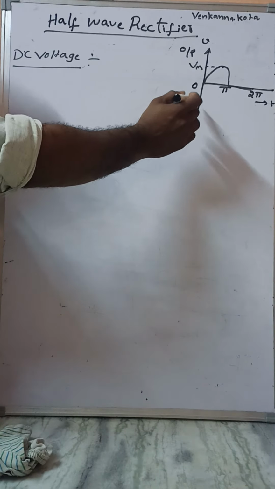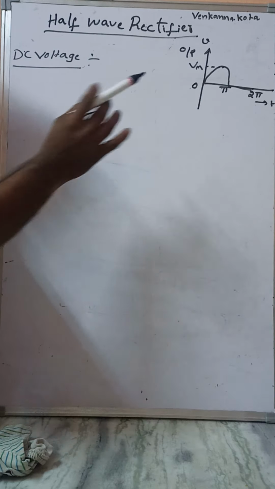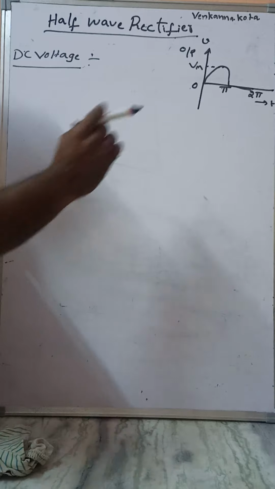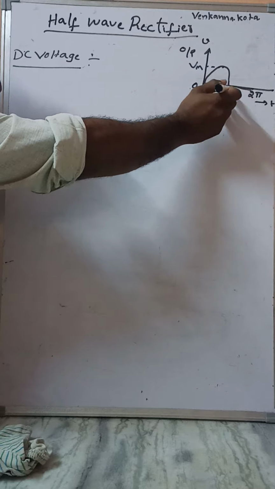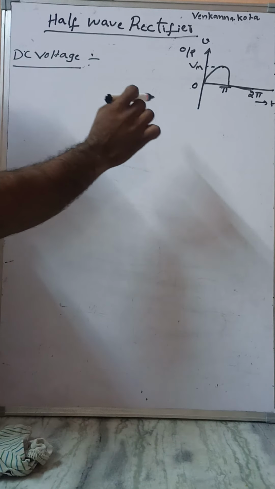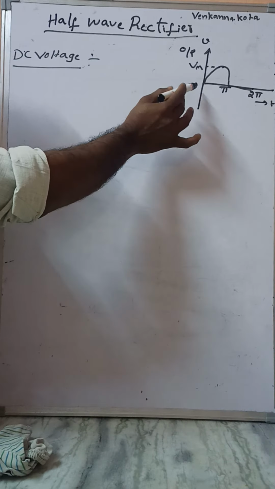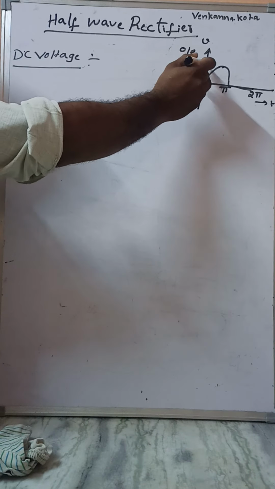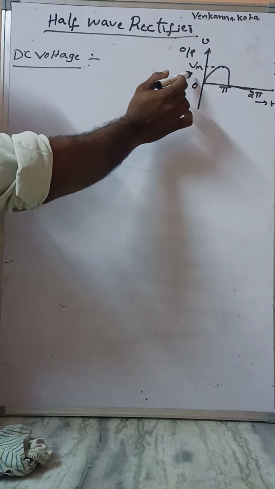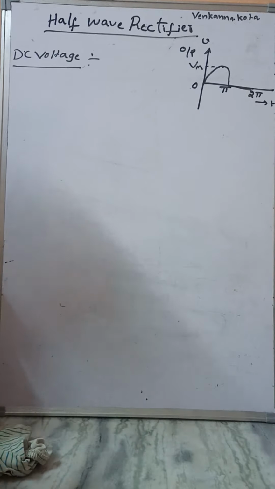So this is the output of the half-wave rectifier, 0 to pi. The output is present only in the positive portion. During the negative portion, the output is 0. So the output waveform of the half-wave rectifier looks like this. From 0 to pi, the output signal is present, with magnitude Vm, and during the portion of pi to 2 pi, the output is